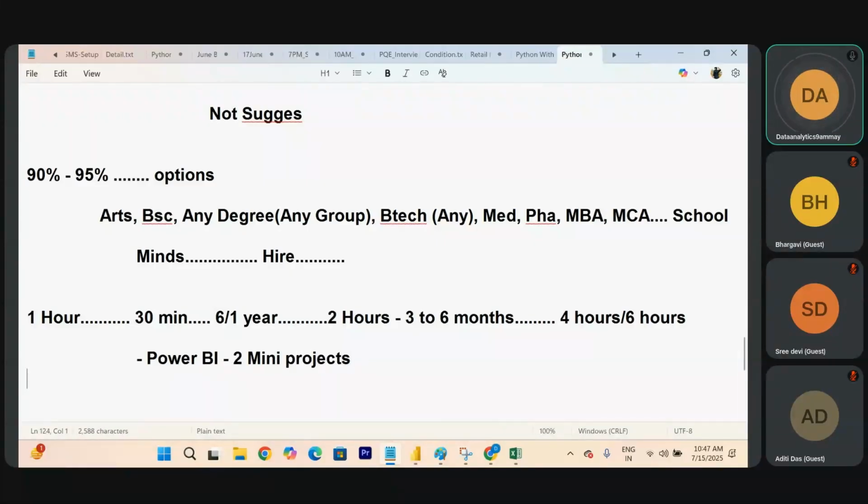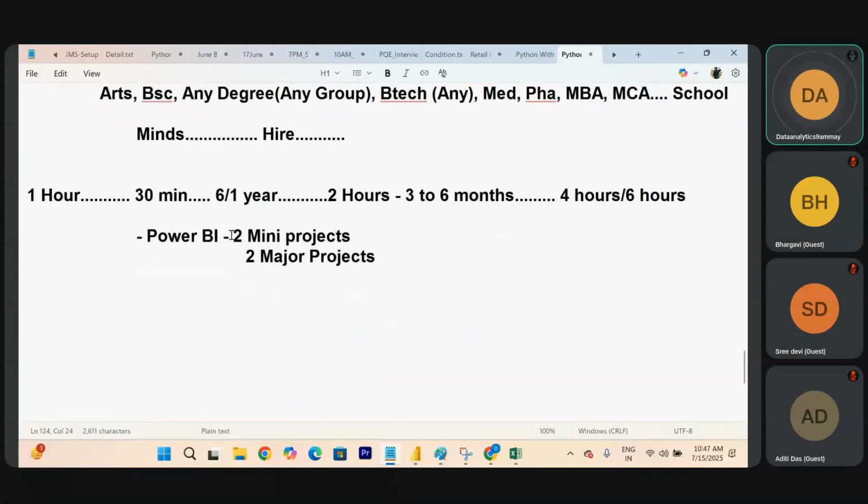So 2 major projects also we will do. So now just observe, if you are a fresher, you can use these projects, how to explain it. If you are from a non-IT background, I will help you out how to convert your real-time non-IT experience into our Power BI. And if you are an experienced person from a different domain in IT also, I will tell you how to explain this project in your real time.